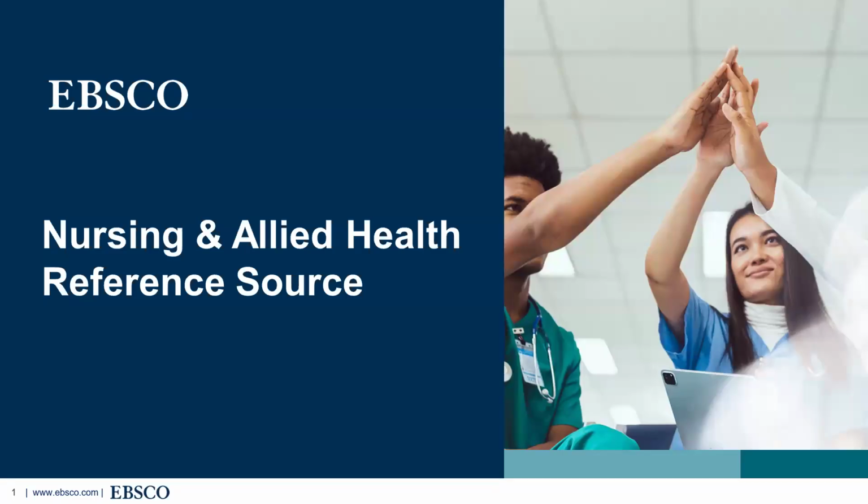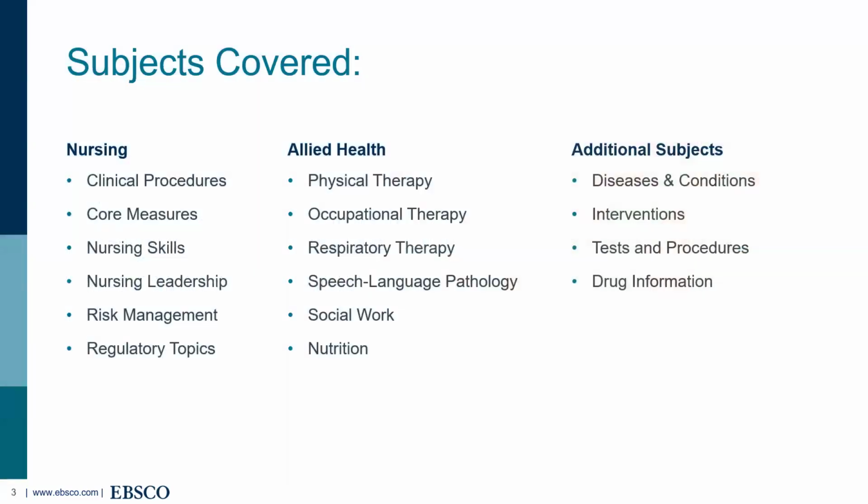Nursing and Allied Health Reference Source is a resource for researchers studying nursing or allied health. It was built to prepare students for their future as a member of a patient care team in various disciplines. It covers topics in nursing, physical therapy, occupational therapy, respiratory therapy, speech language pathology, social